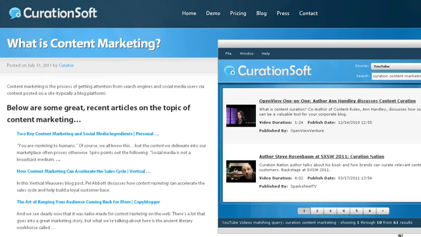I think the best way to demo CurationSoft is just to look at a post that was created with it. The post that we're looking at right now was created in about 25 minutes, and the idea behind this post is just teaching people what content marketing is. A lot of people who are thinking about doing this type of marketing are curious as to how it works and what it is and how it can benefit their company, and it's also a really valuable keyword to our